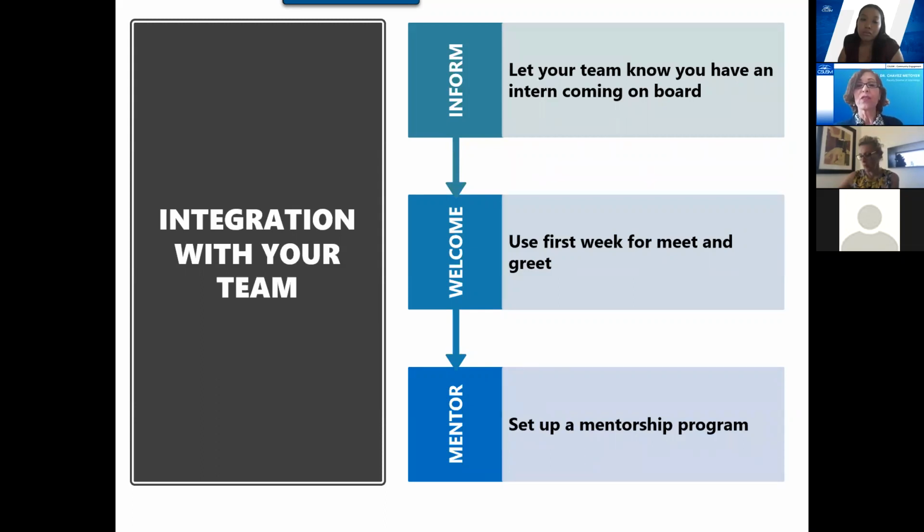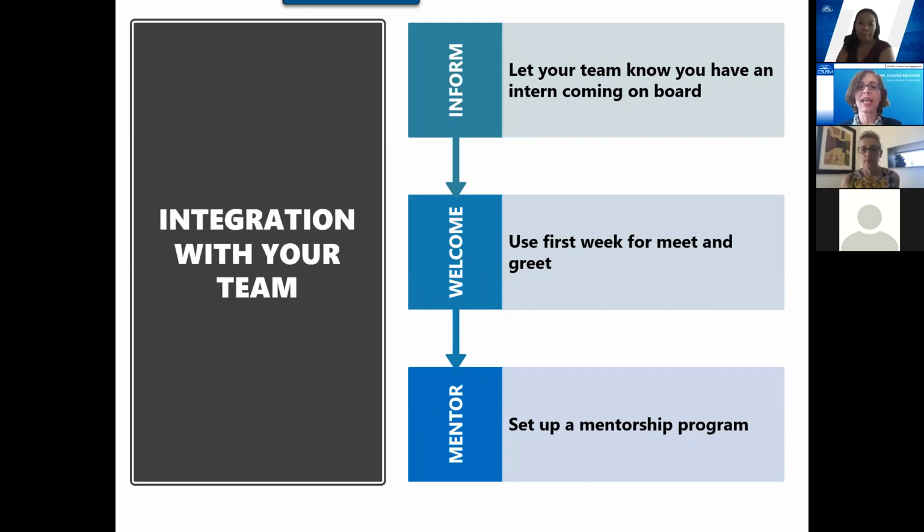And then use that first week for meet and greets, not just for you and the supervisor, but for everyone in the team. And the last thing is to set up a mentorship program.